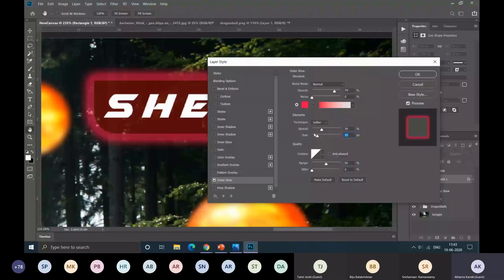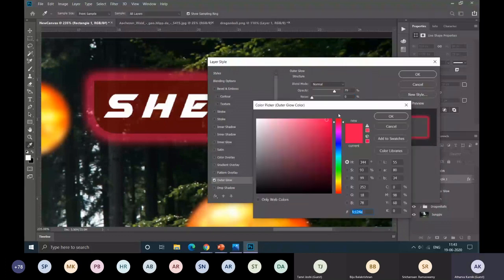And if I increase the noise, you can see that the noise has been added. Like you can see the pixels clearly. You can change the glow color from here like this. Again, the color picker will appear. So let's go with this color also. So okay. Now I'll show you the gradient option.